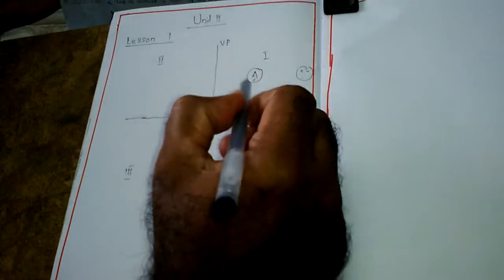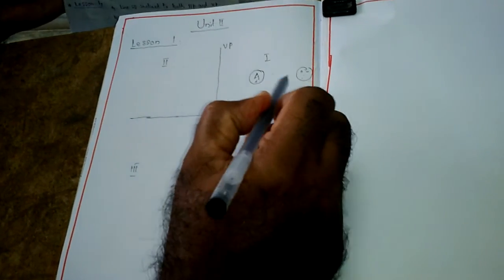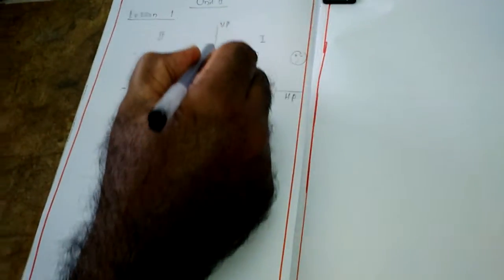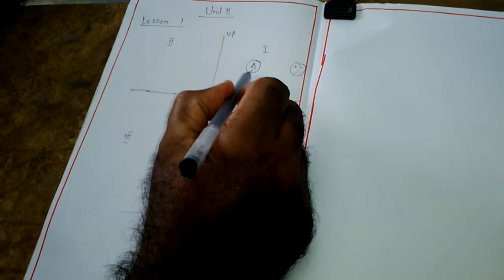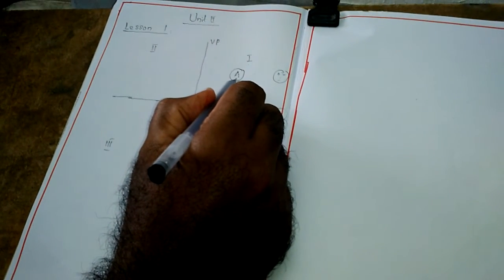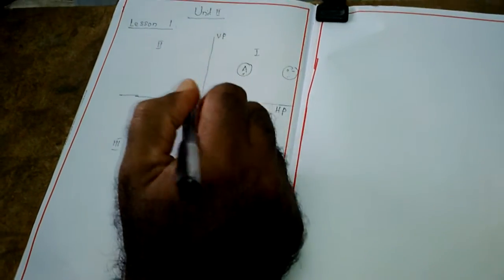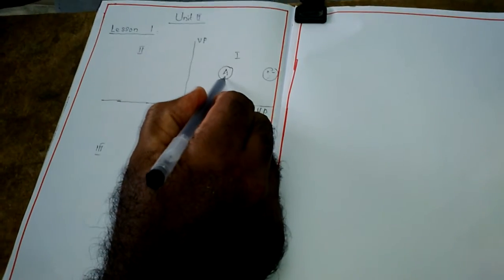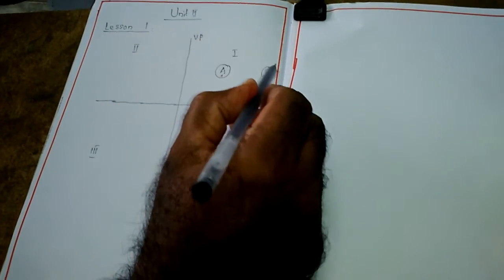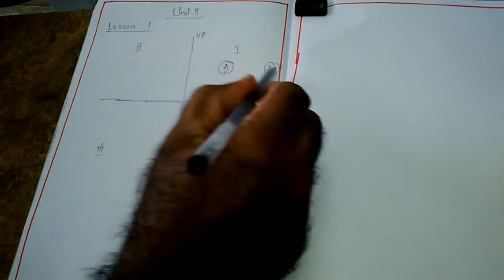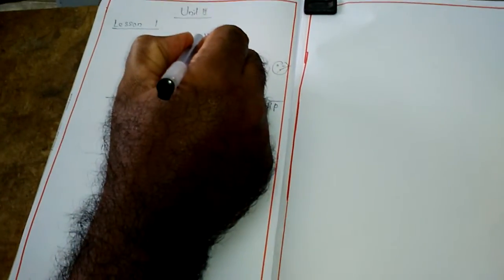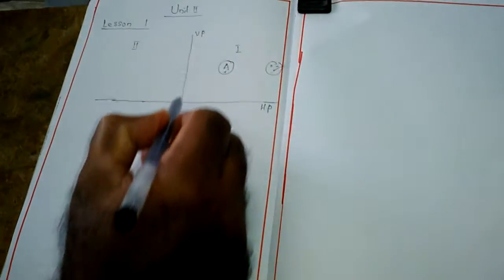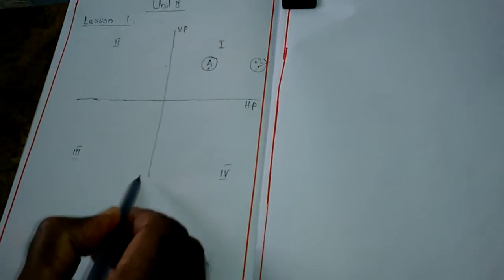In the same way, here the object lies in between the observer and the plane of projection. These are two important instructions you want to follow in the first angle projection method. Nothing but the object is placed in between the observer and the plane. So the object is placed in between. But here we consider the VP as a transparent plane. We want to consider a transparent plane.